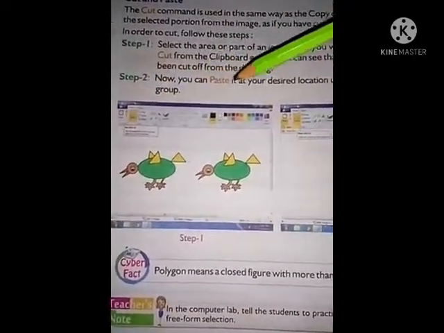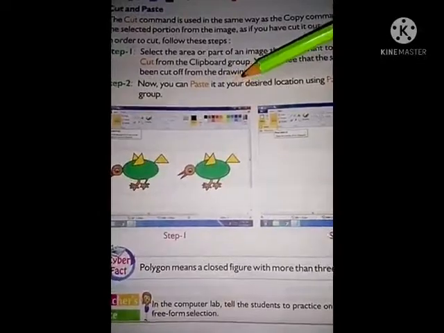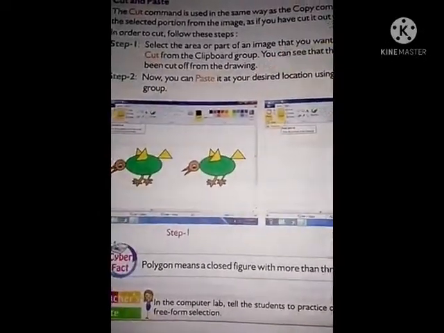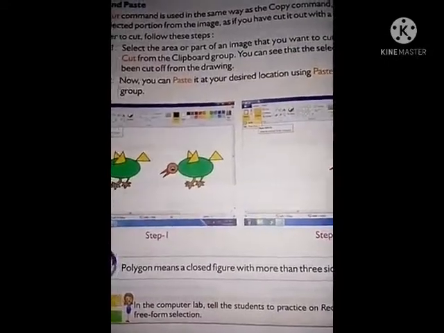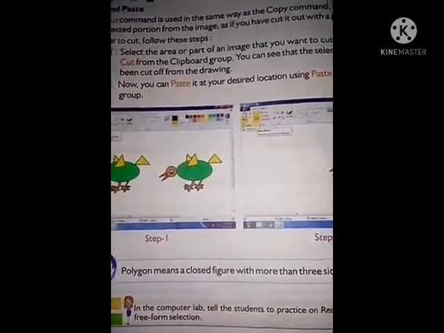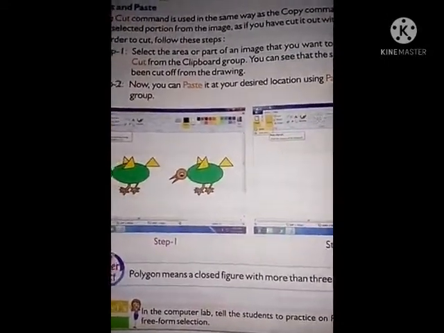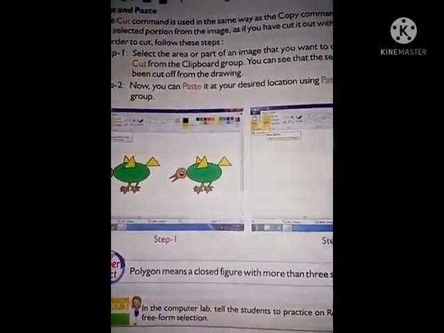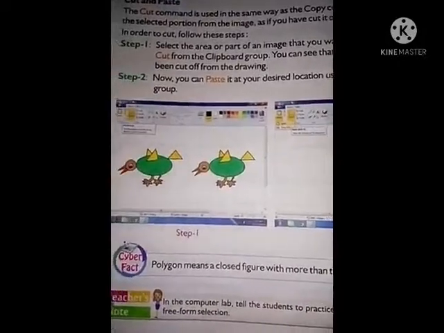Step 2, now you can paste it at your desired location using paste in the clipboard group. After using the paste option, you can paste that image in your desired place. Okay.